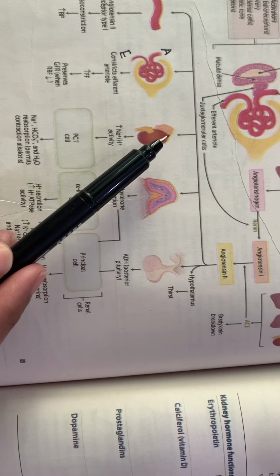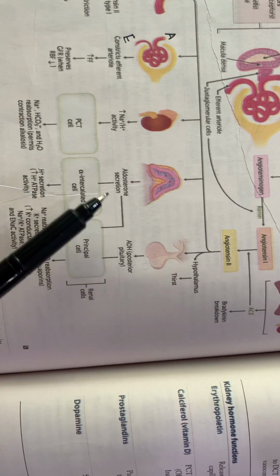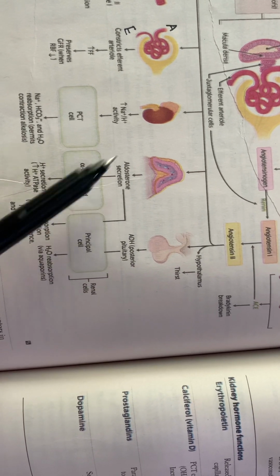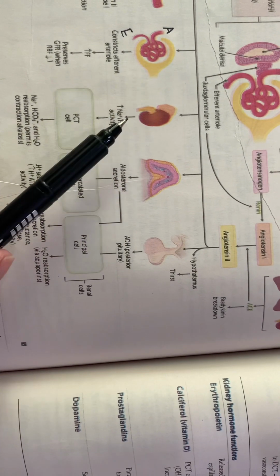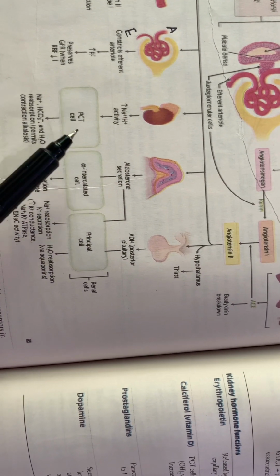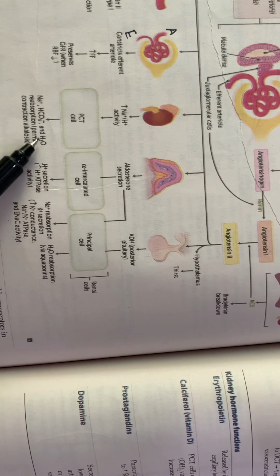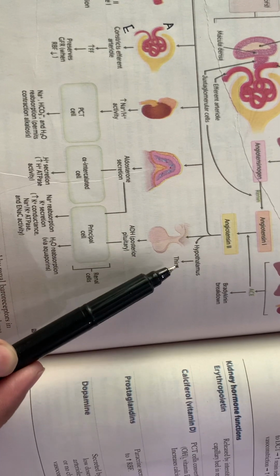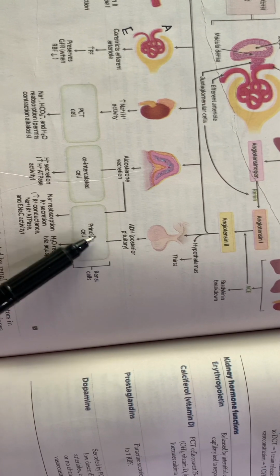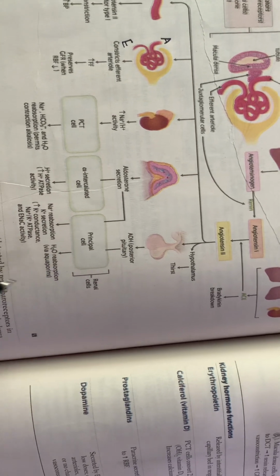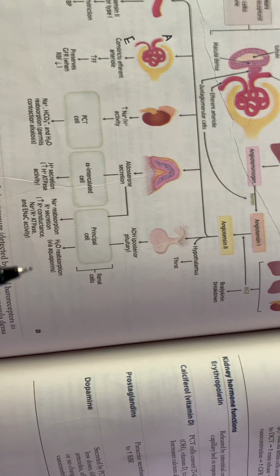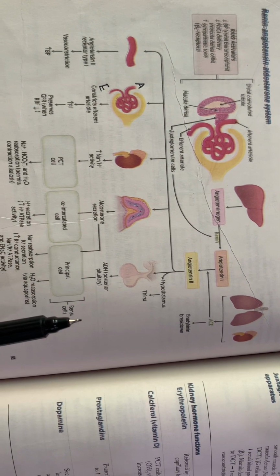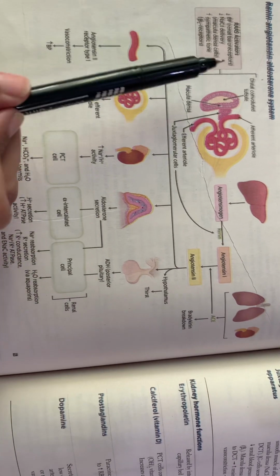It acts on the adrenal gland and causes aldosterone secretion, which also acts on the alpha intercalated or principal cells, and it causes increased sodium and hydrogen activity in the proximal convoluted tubule cells, which reabsorbs sodium bicarbonate and water. It also acts on ADH, which increases thirst, and it acts on the principal cells for water reabsorption and sodium reabsorption. So this was the brief overview of the renin angiotensin aldosterone system, which detects the decrease in the